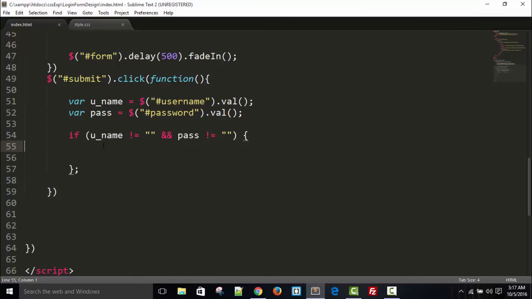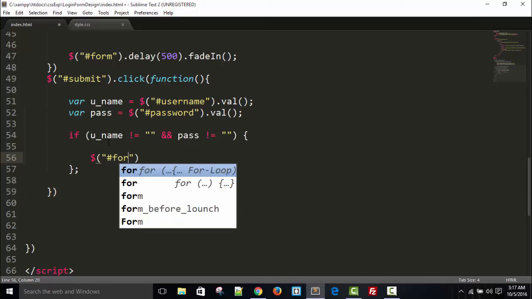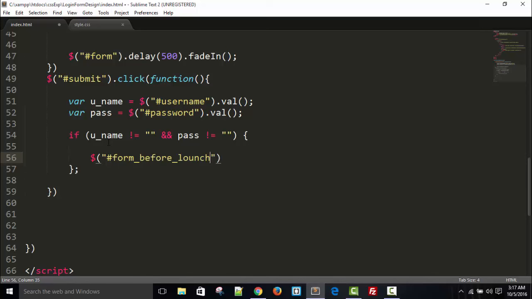Then dollar hash form before launch dot fade out, and dollar hash h1